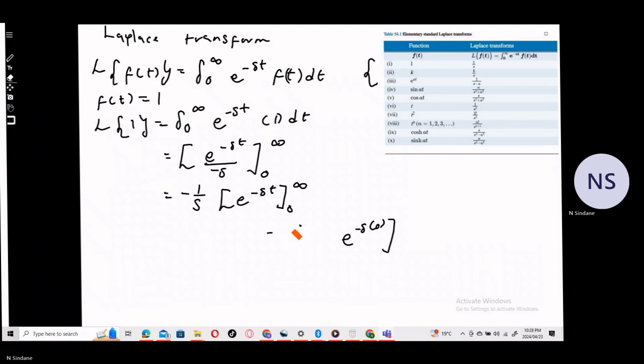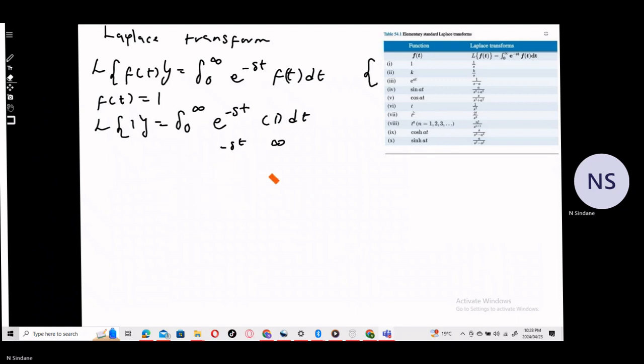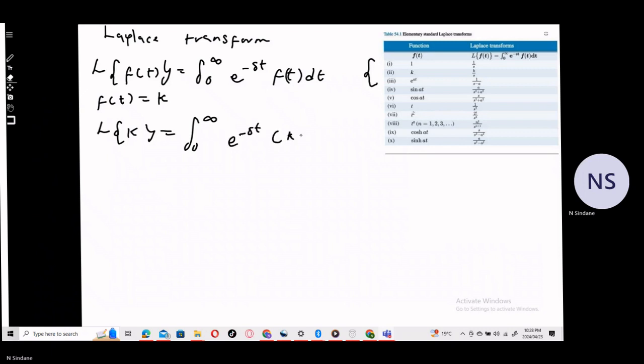Let's move to the second one, which is proving that the Laplace transform of k is indeed k over s. This is how you'll prove it when they say prove the Laplace transforms. In this case, we're proving when f of t is equal to k. So the Laplace transform, instead of f of t, you're going to have k. This equals the integral from 0 to infinity of e to the power minus st, then k